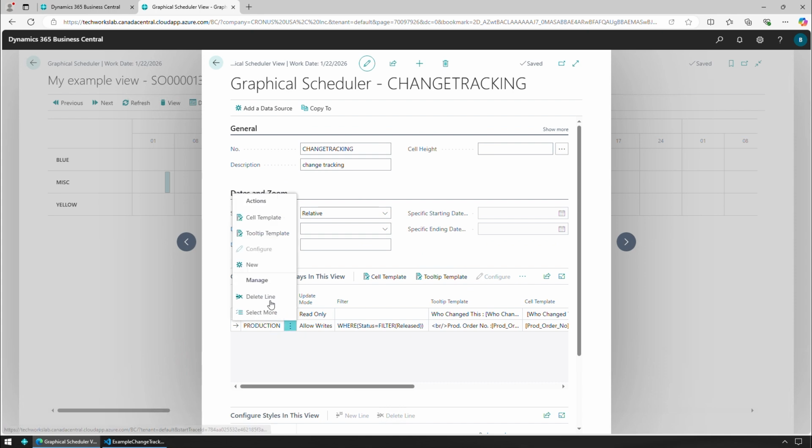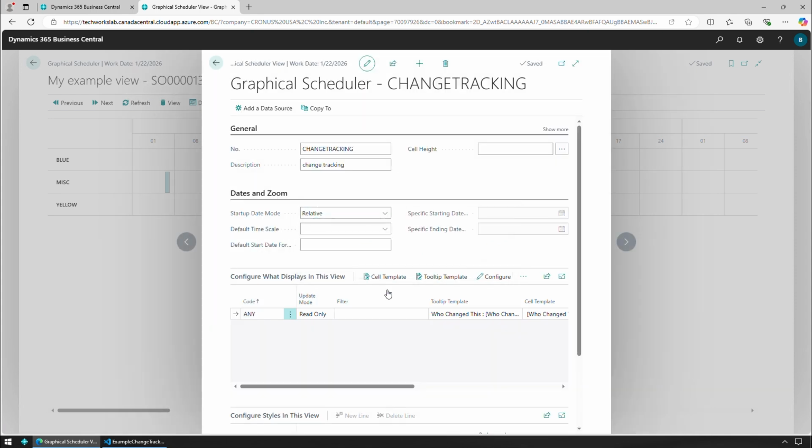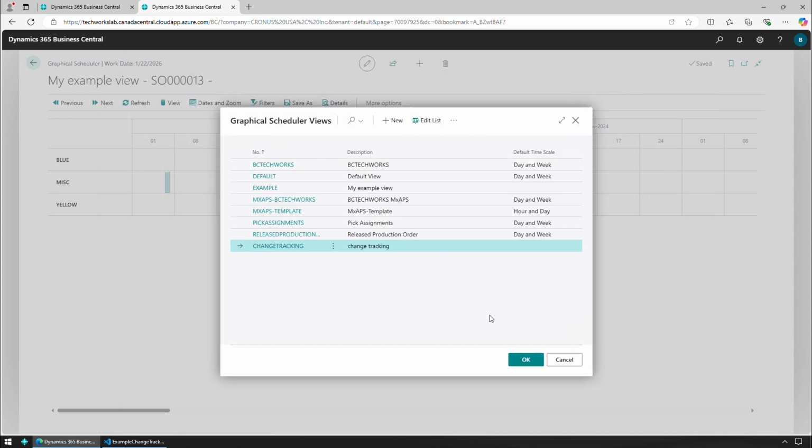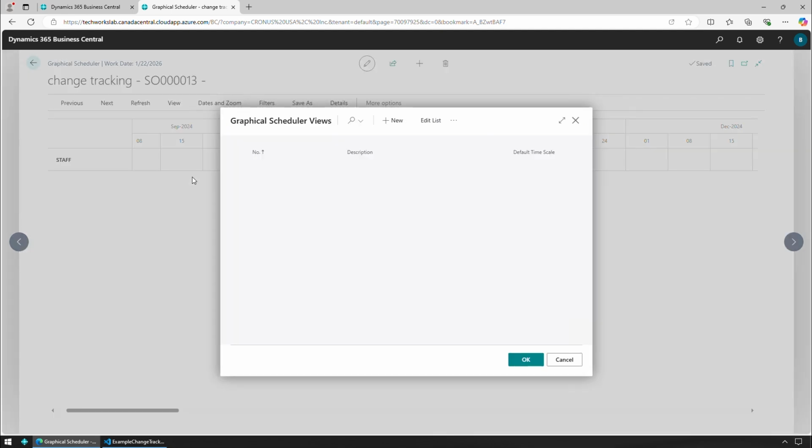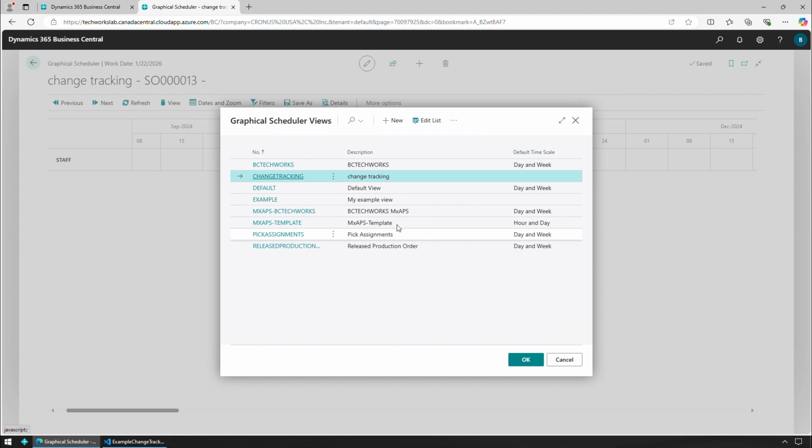We'll remove this automatically added data source, and we'll choose OK. All right. And now we can see that record that we just added, which is who changed this. So if we went back and we made some other kind of change, so let's head back into perhaps,